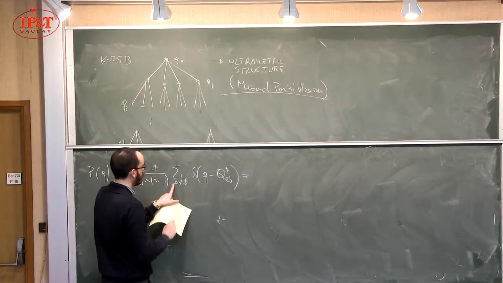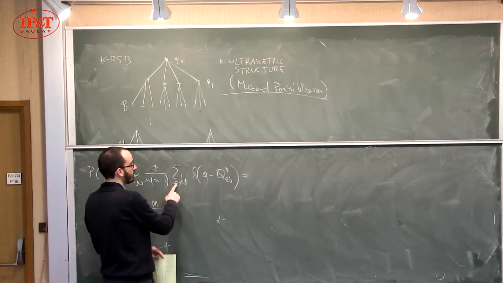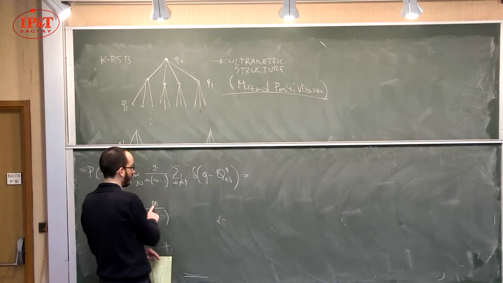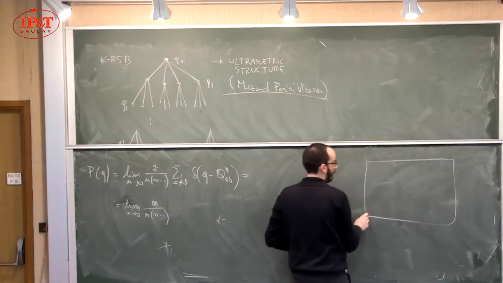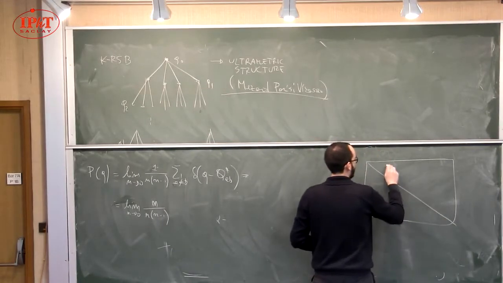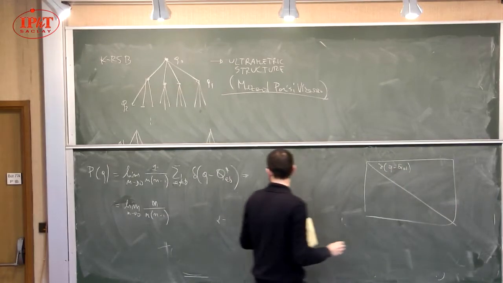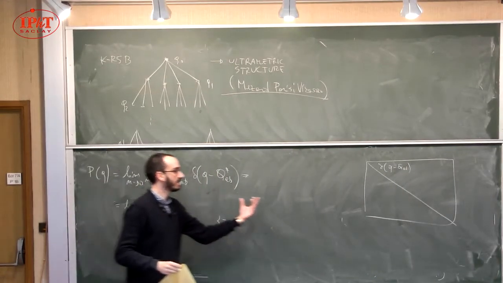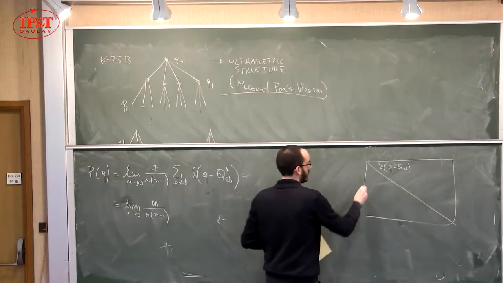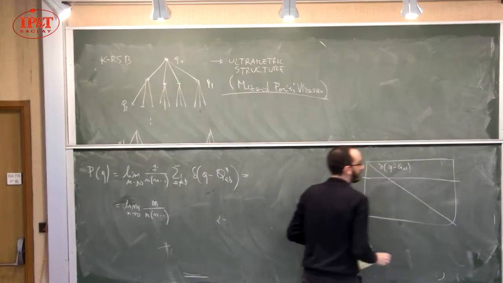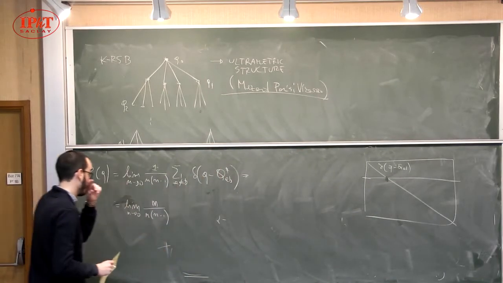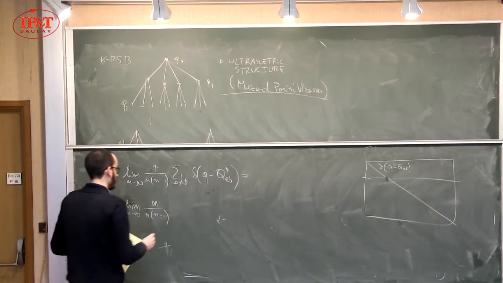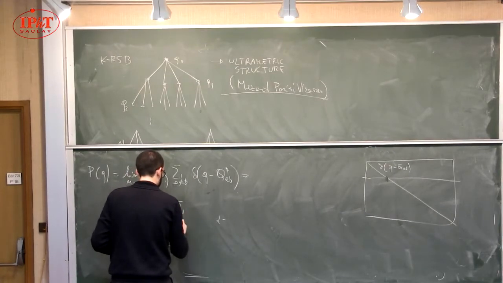For each line, so for each A, and you have n of them, you are just summing a matrix that is delta Q minus QAB. So you can imagine that this is a matrix and the elements are just deltas, right? So for each line, you are just summing all the elements in a line except for the diagonal, right? And so what you have here is just the sum